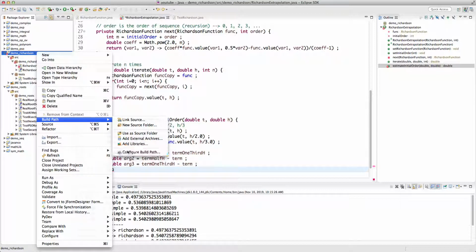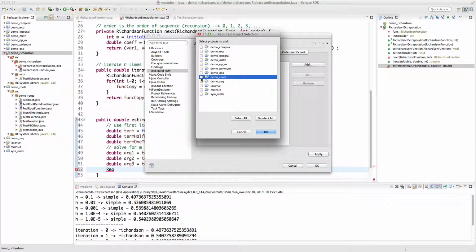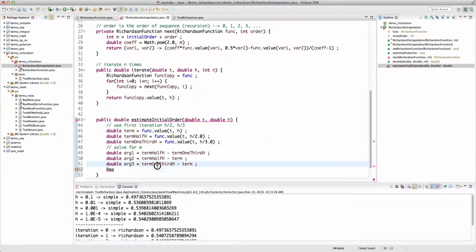Let's go to the build path, and here on the projects we're going to add the demo roots. Okay, and then I'm going to create a real root function, let's call this root func, and this takes m and returns